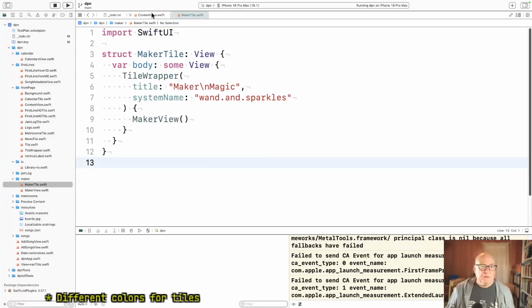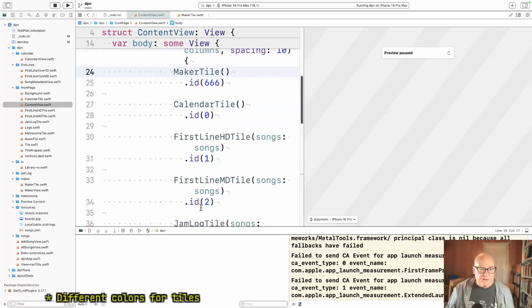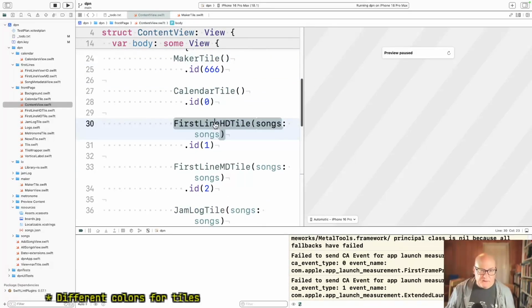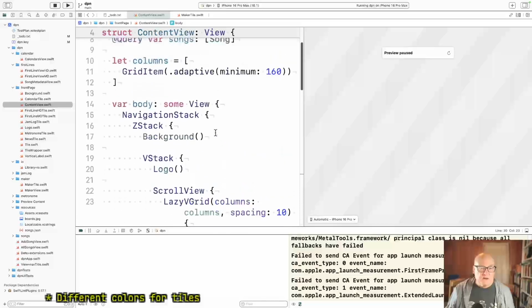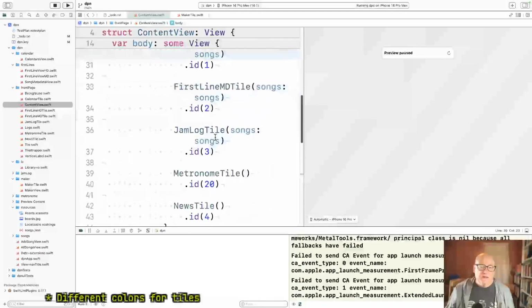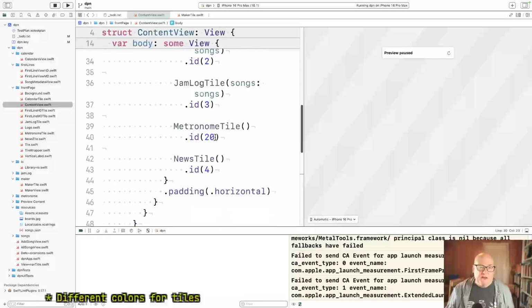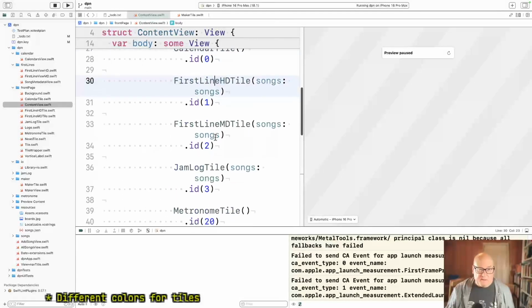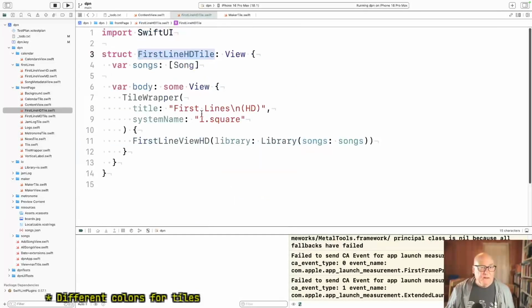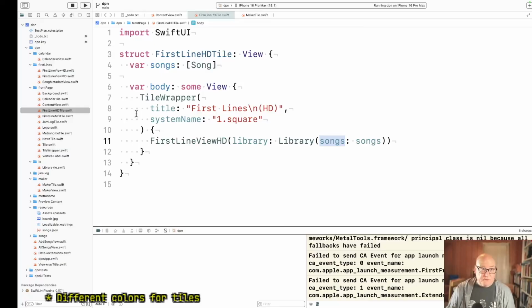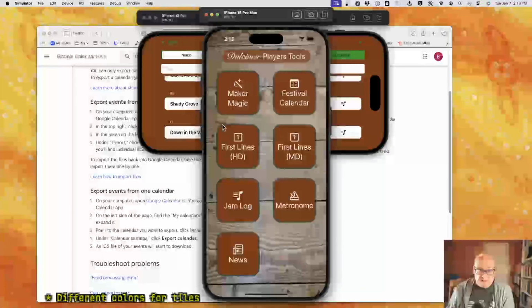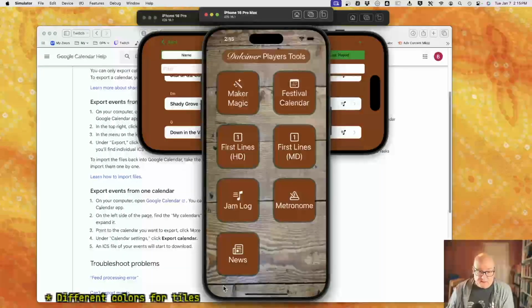This one's simple. I think these probably have to pass the songs along. Now, we could pass the songs to everybody and most people don't care. That might be okay, because the view has to use it. And the other view thing I'm thinking of in here, and I'm debating about this one,